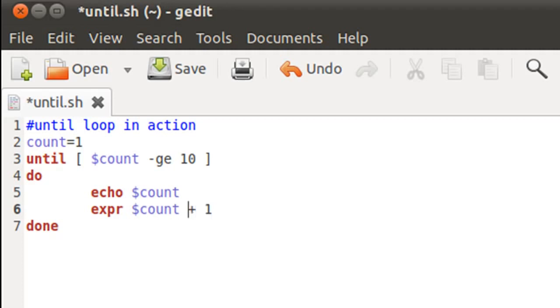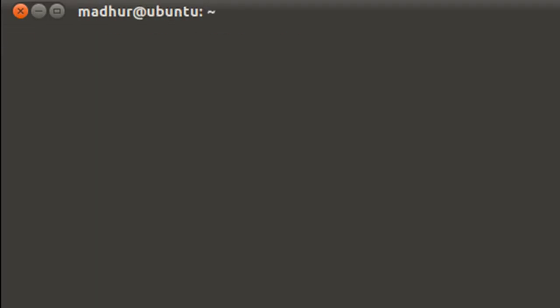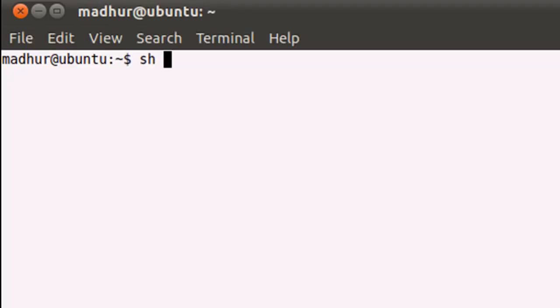Make sure to put a space immediately before and after the addition symbol if you're using expr, because if you don't do that, then expr will return an error. And I'll put the expression within reverse quotes since we are concerned just with the output of this expression, and I'll assign count the output of this expression. So the script is complete now, and I'll save it, and I'll bring up my terminal and execute it,